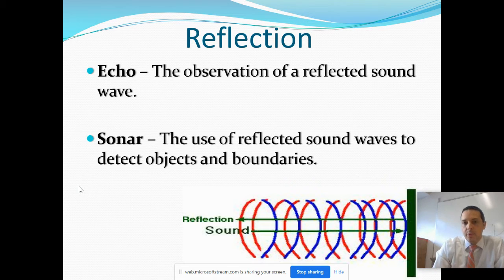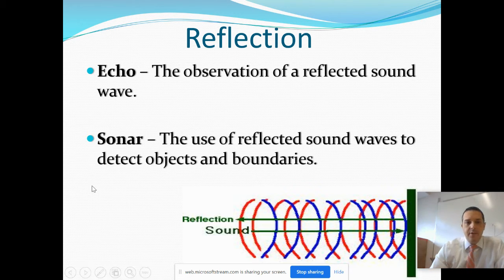Bats use sonar when they're flying. They squeal a high-pitched sound out of their mouths. The sound goes and reflects off different barriers and boundaries, and the bats are able to locate what's in the area because of sonar. So sonar is using sound. Radar would be another one, which uses light, also with reflection. In any reflection, anytime you have a wave that meets some sort of boundary and the energy can't pass through it, it will reflect off of it.